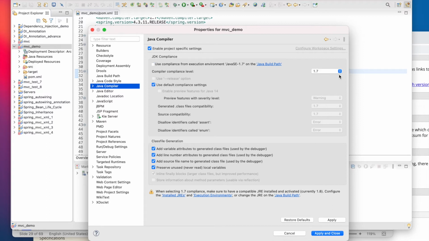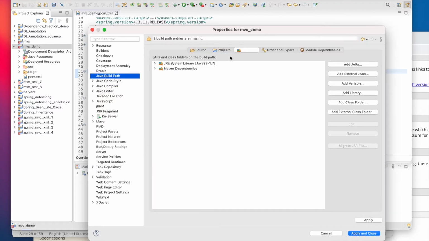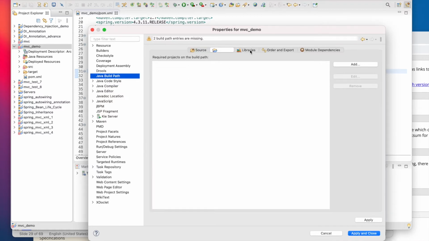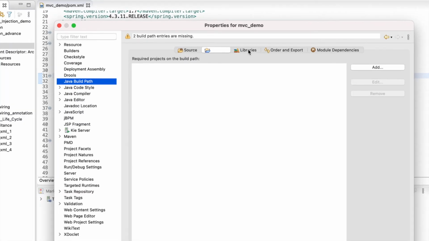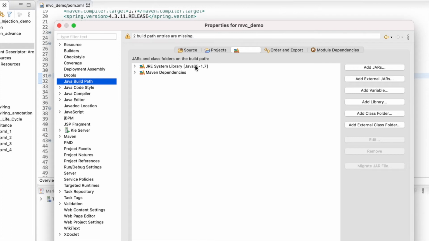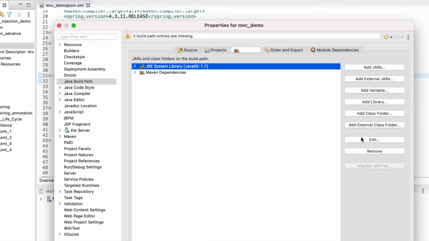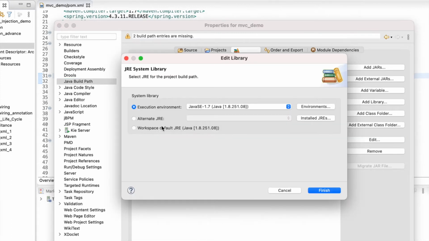So uncheck here and make it 1.8 minimum. Then go to the Java build path also, and here you can see the libraries tab, right? Let me maximize a little bit. So hit here on the library, go to the 1.7 and edit it and make it 1.8 at least.